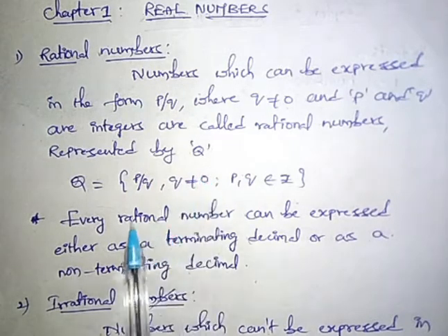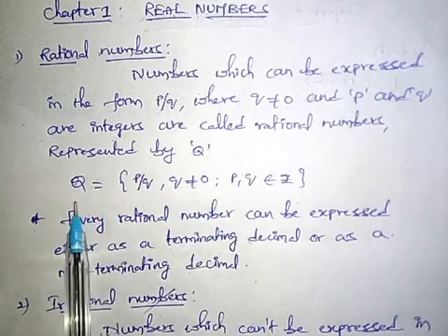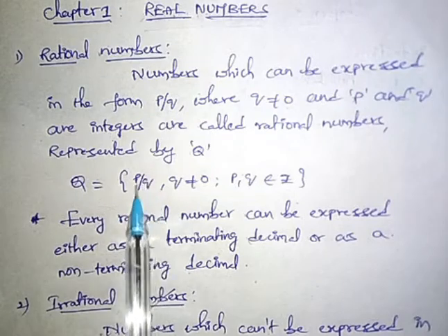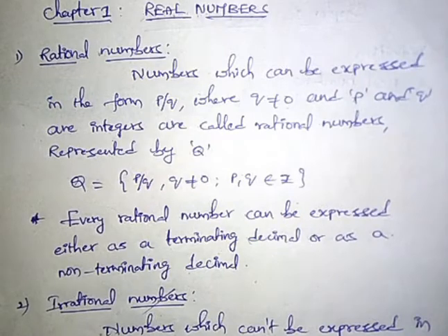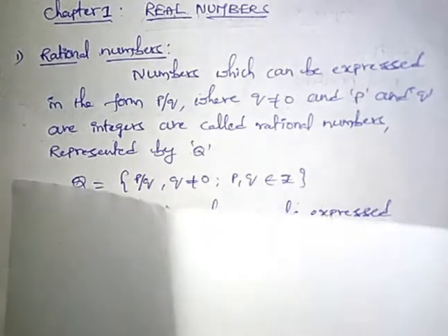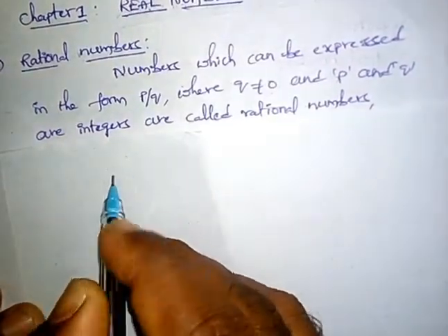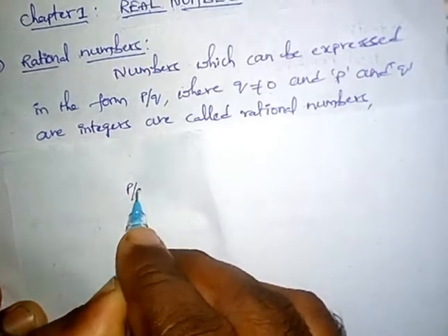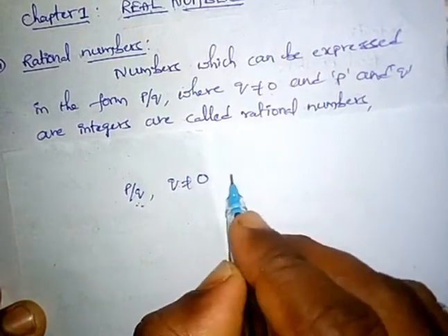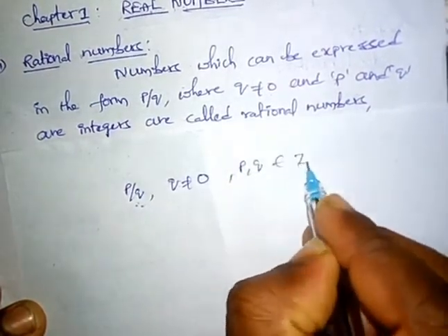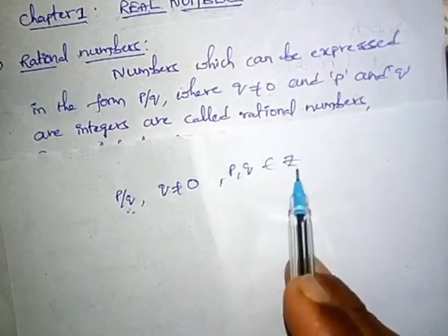The set builder form of the rational numbers is here. Let's observe this. Q equal to set of p by q, where q is not equal to 0 and p, q belong to integers. Let me explain briefly one more time what the rational number set is. Rational numbers are in the form of p by q, and q is not equal to 0. That means the denominator should not be equal to 0. And one more condition, p, q belong to Z. p and q must be integers.